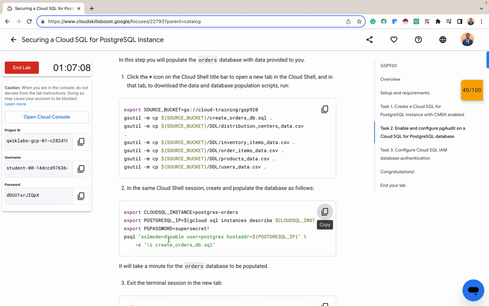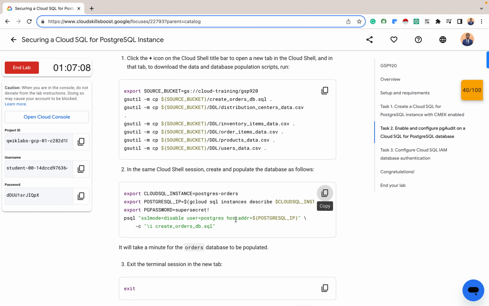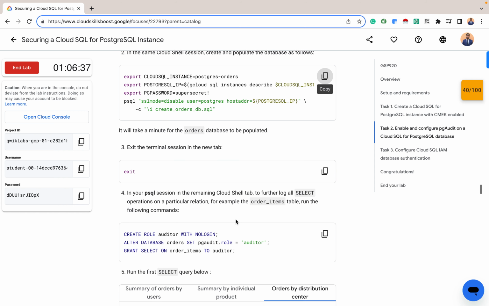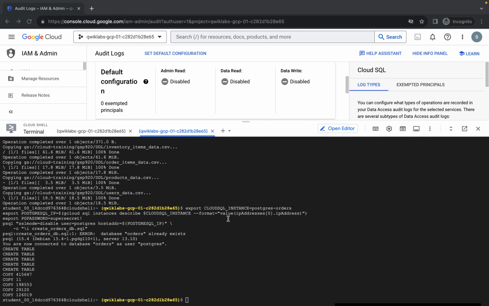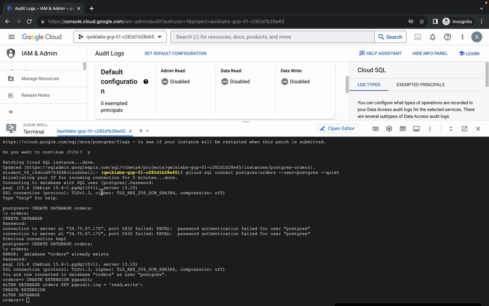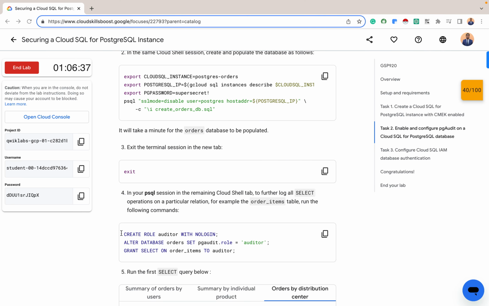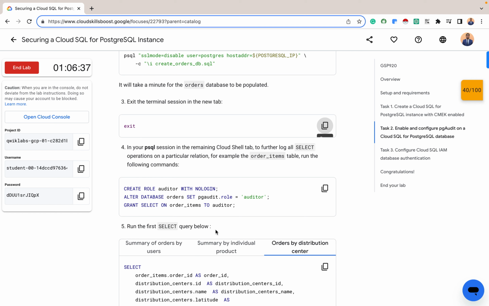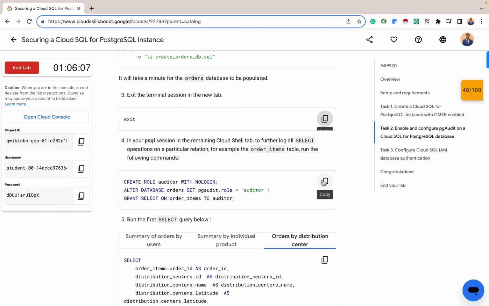So the next thing we want to do is exit the terminal session, so that we can go back to the previous one that we have. So here we are on the previous one. The next thing we want to do is explore, or log, the operations that are going on in our database. We want to log it, and we want to see if it's going to show in the logging that we just configured previously. So using this command,